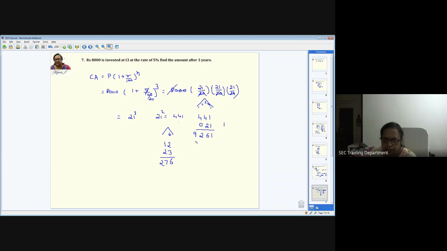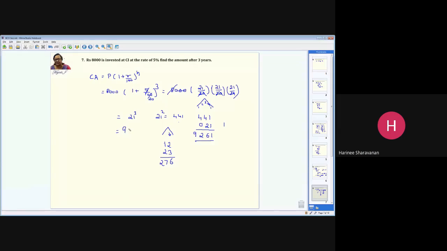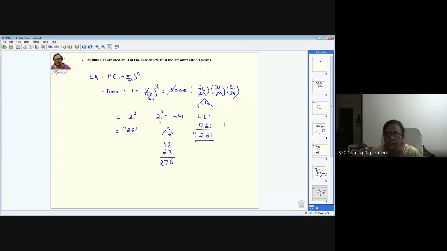Is it clear? This is what is a cross multiplication. For like 2 digits and 3 digits it is very useful. When you go beyond this, sometimes it may be a little tough. You have to practice this. You can do any number of digits into any number of digits. Only thing is you need to practice. So therefore answer here is how much? 9,261. So in whichever way you want to calculate, you can just calculate and find out what this 21 cube is. But I feel this is an easier method.